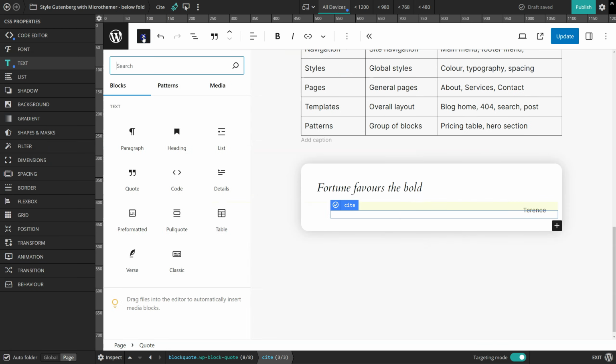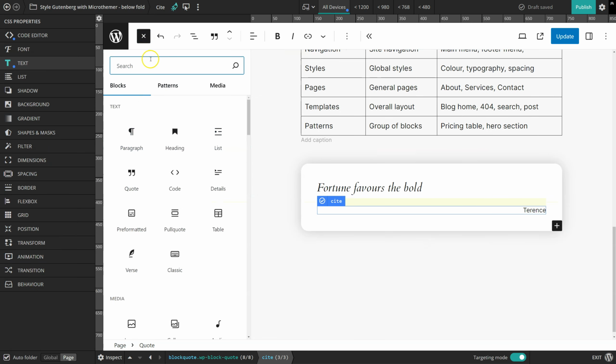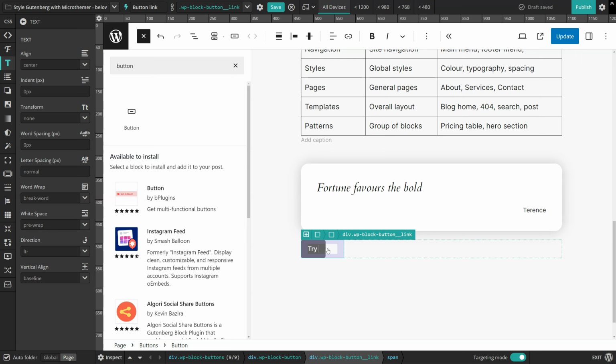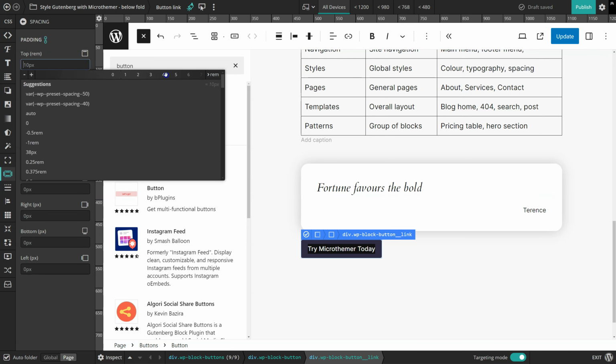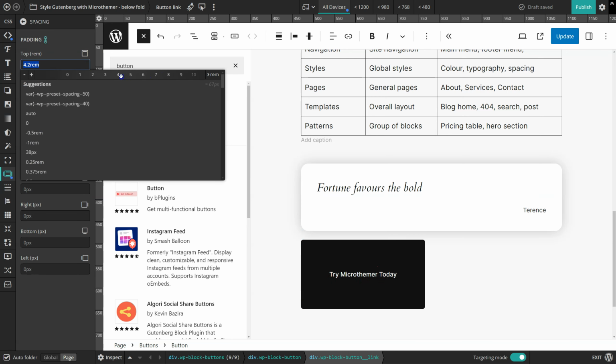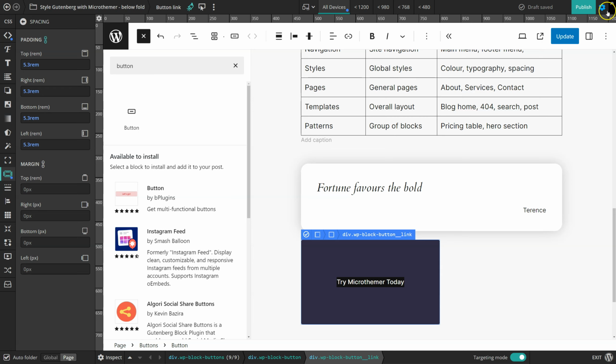So to give you a demonstration of that, I'm just going to add a button to the page and add some text and then save that. And then I'm going to start off by increasing the padding to make it quite a bit bigger. And by the way, when it comes to where you should add the styles,